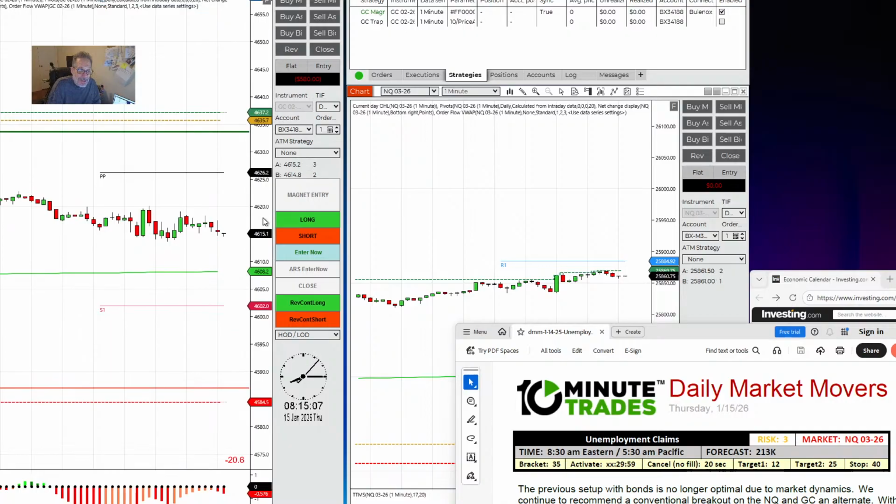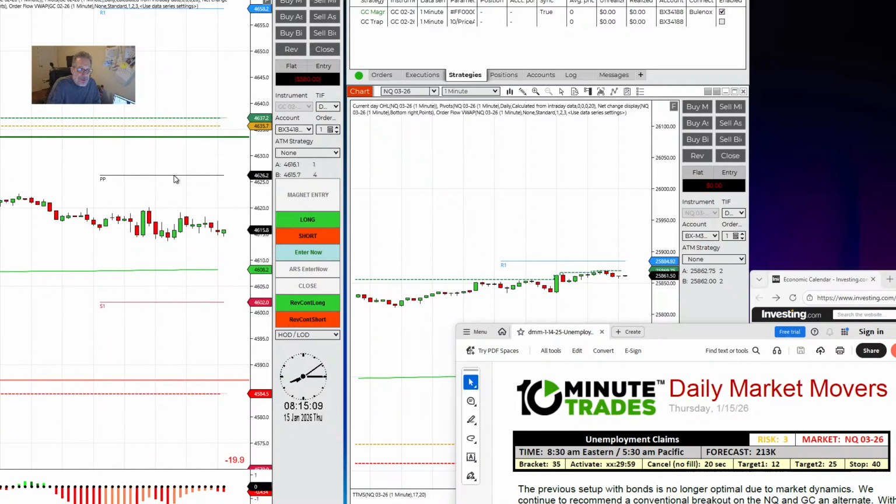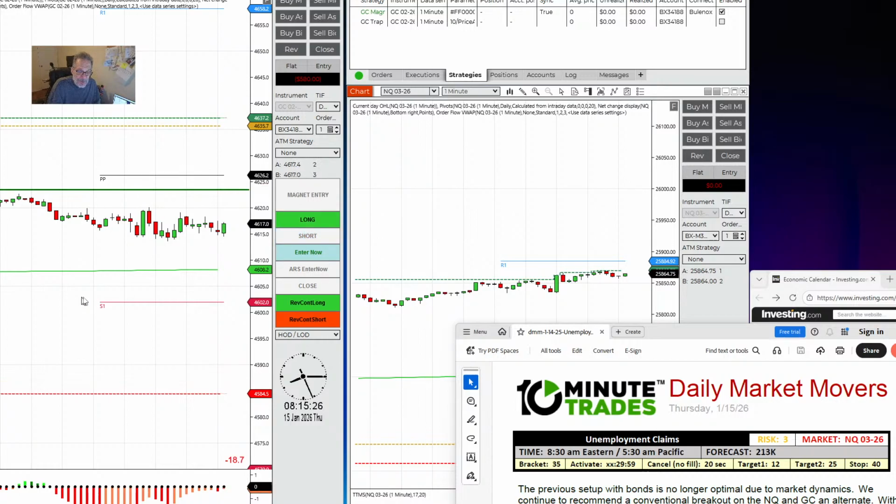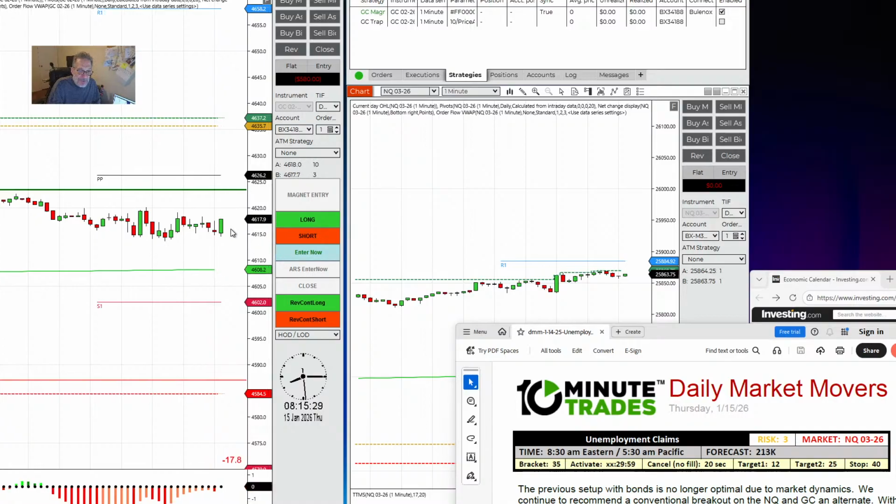So if gold has a big move, then you have a potential magnet. What if you want to test the PP? In the old version, all you got to do is move your entry before you get to the PP. If you absolutely want the PP, turn off short by clicking it. All right, turn off short. And that will test the PP. Just be aware your target might have to be moved if you get filled. All right, that's an easy way to target the PP instead of the high of day.